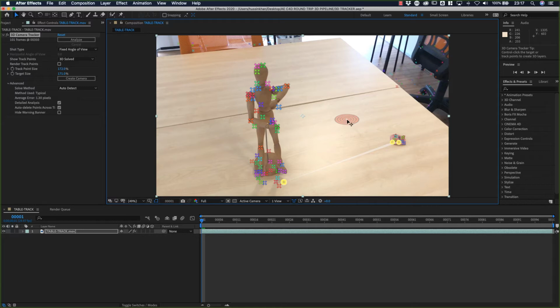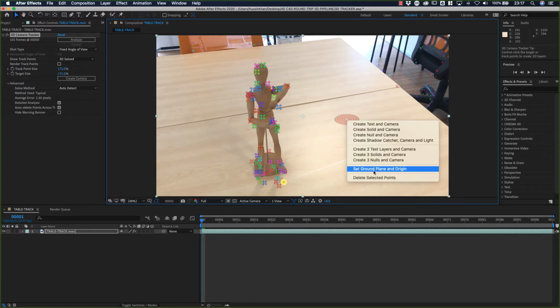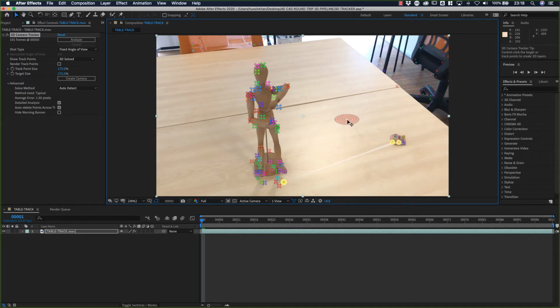What I'm going to do now is right click and say set ground plane and origin. The reason why I'm doing this is because the ground plane and origin is where, when we create a 3D object later on, it's going to be in the middle, 0, 0, 0 of a 3D scene. I'm going to show you that a little later, but I'm going to select that first. This is very important for you to do. Select plane and origin, and then again go back to the middle of the target, right click again, and then